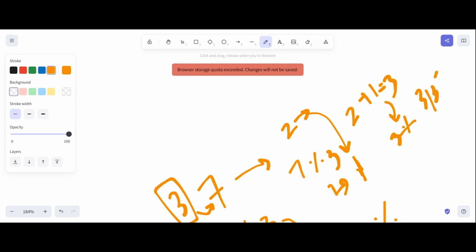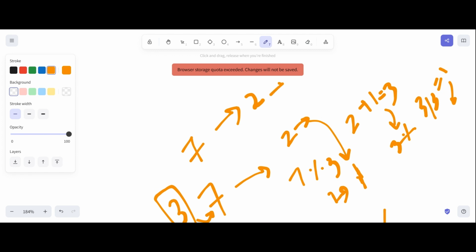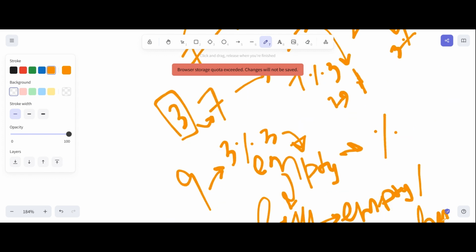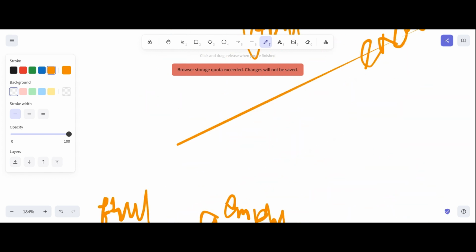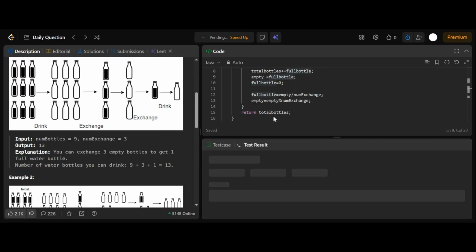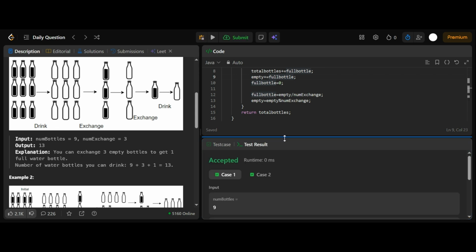You'll actually have 1 filled water bottle, and so if you have 7 water bottles, you can exchange it for maybe 2 and then 1. So if you have 7, you simply drink 10 water bottles. Okay, so another variable to add all these values up, and another variable to actually keep track of the empty water bottles they have. So yeah,